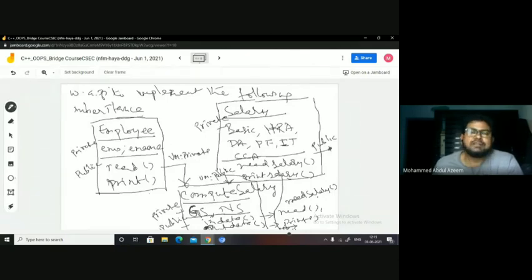Because they're all being inherited here, and their members' memory is also being allocated here with the derived class, that is the compute salary object. And with the help of the derived class functions, wherein we are invoking the base class functions as well, we are going to perform the formulas and then calculate the gross and net salaries. Thereby you are printing all the details of the employee, which is all the salary details.